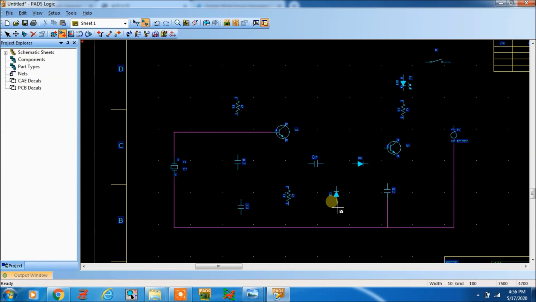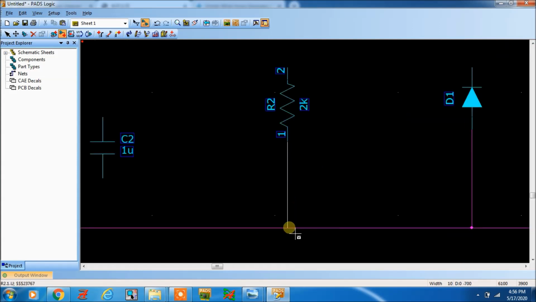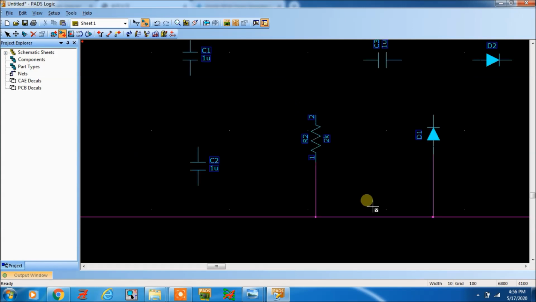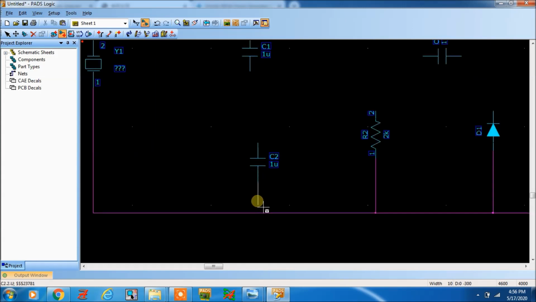Common connection. See that this dot will come, it should come because it is showing that it is connected with ground.